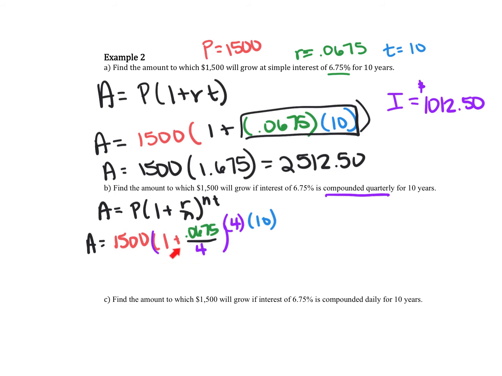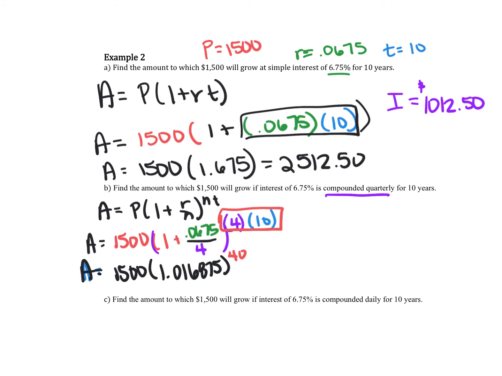So again, I'll work everything inside of here first. And when I do that, 1 plus 0.0675 divided by 4, I get A is equal to 1,500 times, this becomes 1.016875. And I'm also going to calculate this part up here, 4 times 10. That's raised to the 40th. And so when I raise this number inside of here to the 40th power, I get